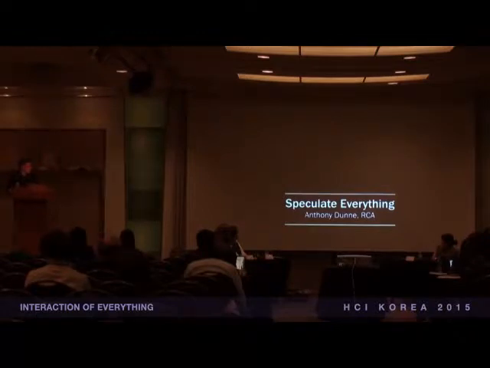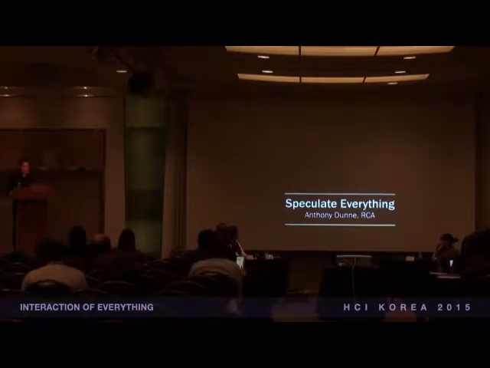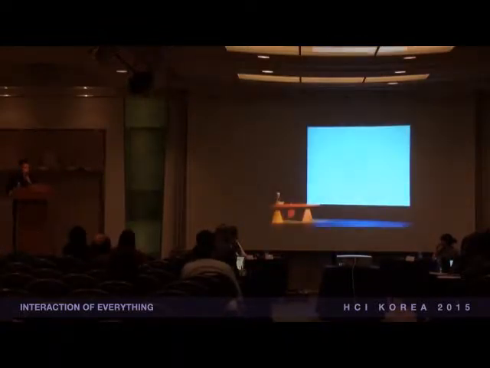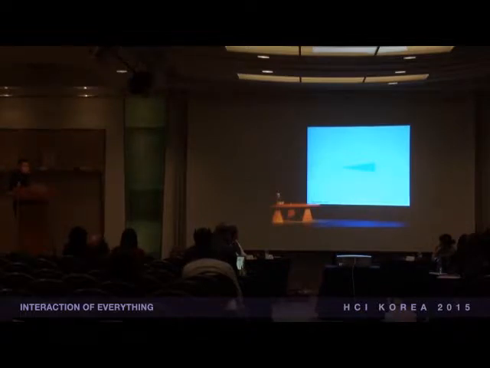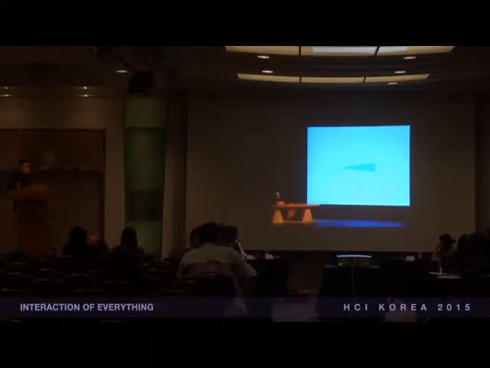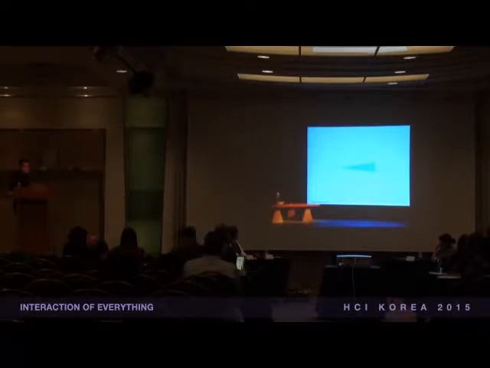So I'm going to show you a short video by Anthony Dunne and Dunne and Raby that they just recently came up with, along with Speculate Everything, but it does a nice job of actually articulating where we might go. Especially in design, when we think of the future, we think very much of predicting the future and forecasting it and trying to absolutely figure out what is going to happen. It's very much about trying to identify probable futures. That's what we're trained to do as designers. Our education, our professionalism, our design methods, our awards are all geared towards doing this, whether it's new needs we might have in a few years or new markets.